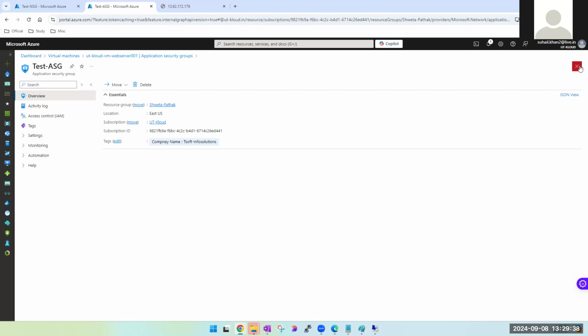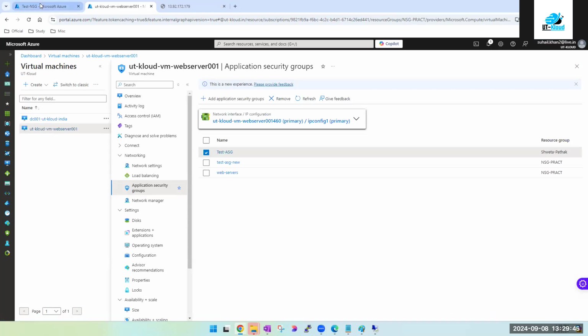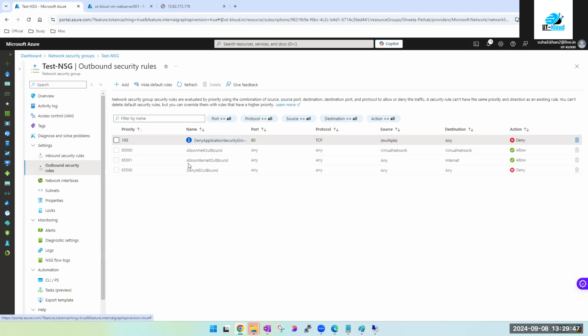So what's the difference? Here we are creating one application security group. There we would be creating one NSG with the details. Don't just go by our network security group. My network security group has 250 rules. 250 are common rules for all 500 machines, the same rules applied everywhere. Do you want me to create another network security group and create those 250 rules again? I might make some error, some mistake might happen, right? Why should I do that?